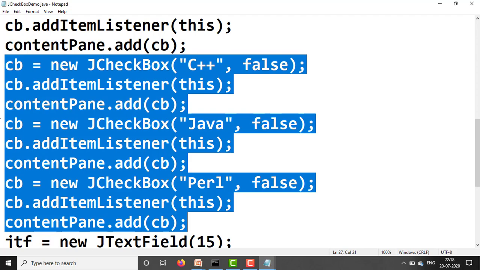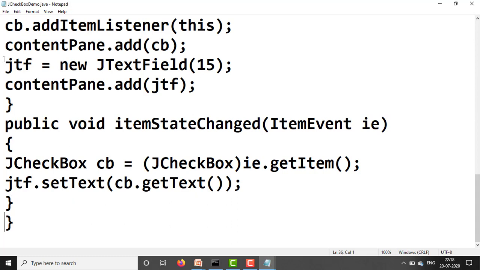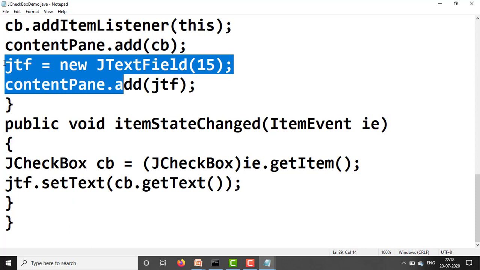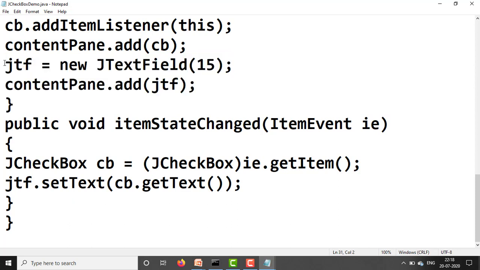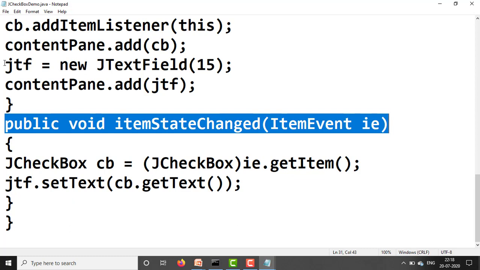Next, initialize the jtf equal to new JTextField(15), contentPane.add(jtf), and close the init method. Start the itemStateChanged method: public void itemStateChanged(ItemEvent i), open curly bracket.